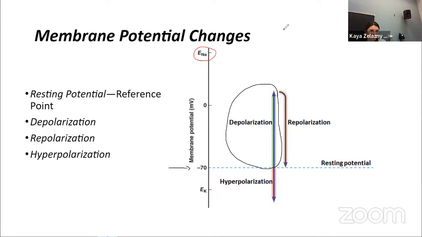Okay. Hyperpolarization is going to happen the other way. So hyperpolarization, taking us down further towards our potassium equilibrium potential of -94. Right? So those two we talked about. When we talk about the action potential, we're going to add on one more word. So our final term here, repolarization,